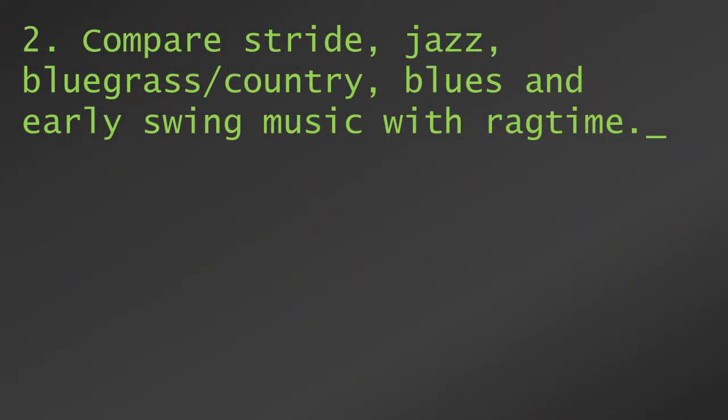Compare stride, jazz, bluegrass, country. These are all children of ragtime. Blues and early swing with ragtime. It's all their offspring, but they're diverse siblings. Bluegrass is essentially picked ragtime. Right? It is, yes. And if you listen to bluegrass, I actually didn't really put down a bluegrass example here,